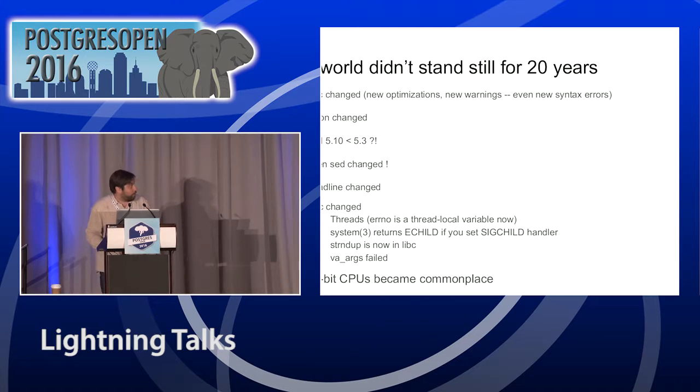First of all, the world didn't stand still. All the tools had changed in the meantime. GCC had new optimizations that caused Postgres not to work right, new warnings, and it even complained about some of the syntax. Bison changed. It had new errors and was much pickier about the syntax. The configure script on the old versions of Postgres thought that Perl 5.10 was far too old because it required 5.3 or higher. So even sed was incompatible. libc had problems. And of course, I drew the line when I reached the versions of Postgres that didn't support